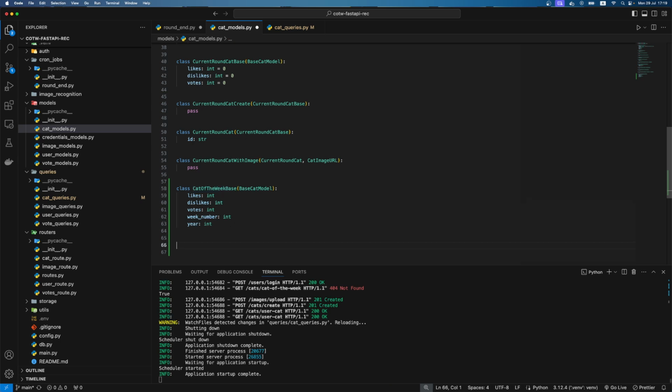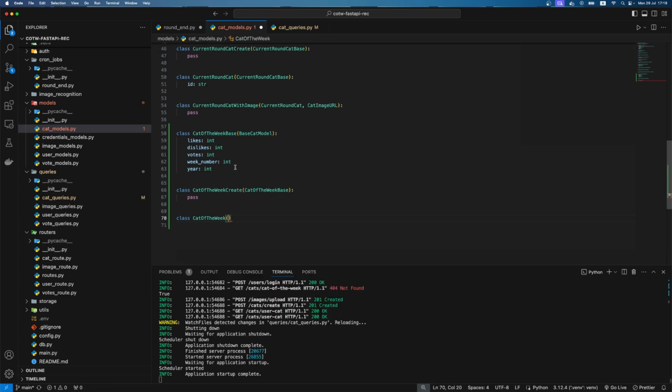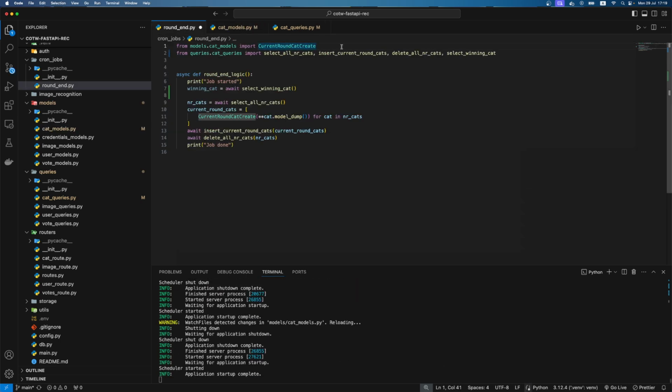Now let me write cat of the week create, we will inherit from this one. And class cat of the week. And I think in this episode we will not need this model, but let's just add it, and id is a string. Okay, so let's import cat of the week create,